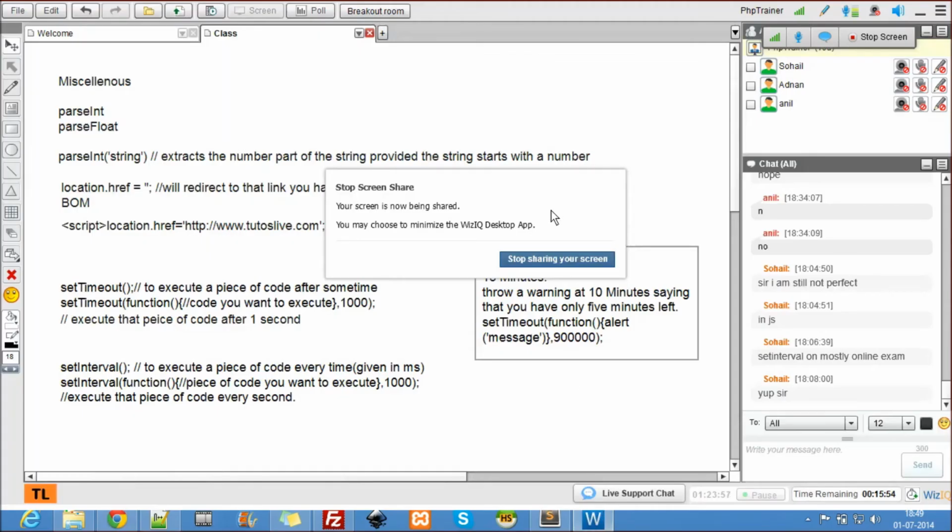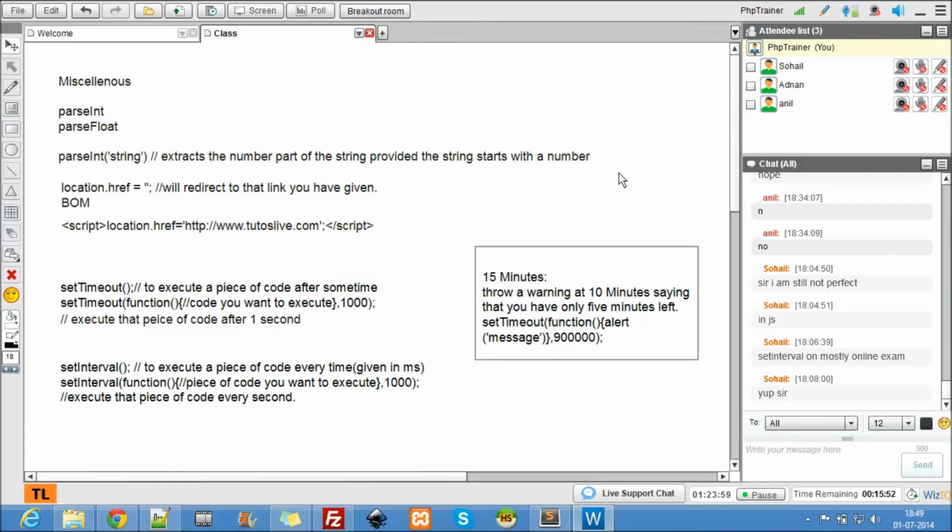Any questions here? Any questions regarding setInterval? These are very, very important. Today's class is very important. You will definitely use this in real time, at least twice or thrice in a single project. Any questions? No questions? If no questions, then I'll be leaving the class for today. Tomorrow is jQuery, the really important part and very easy part.